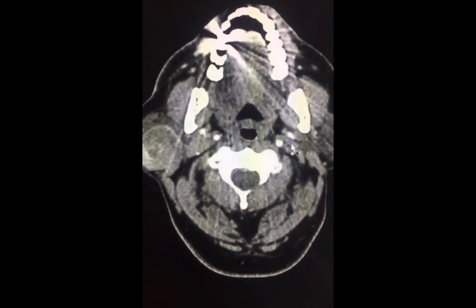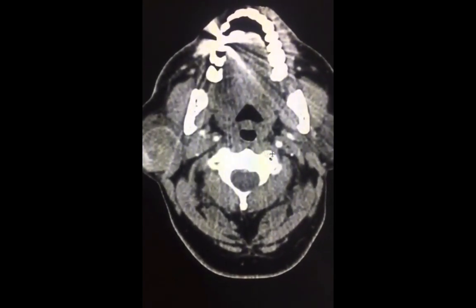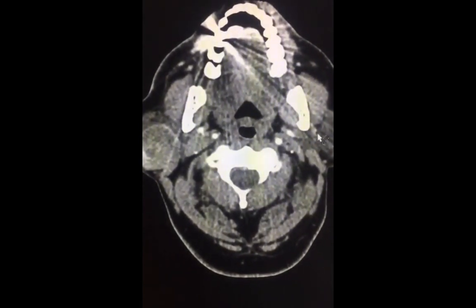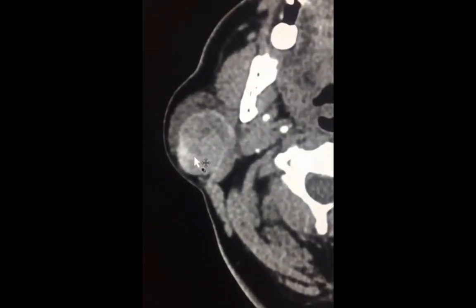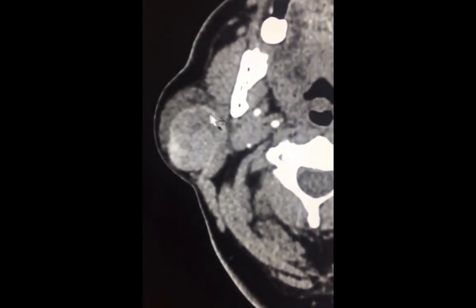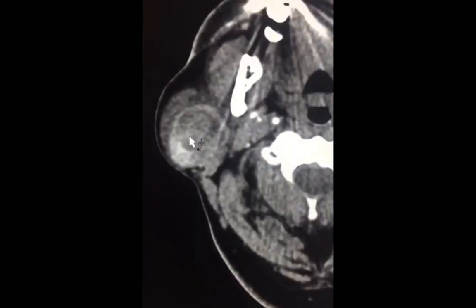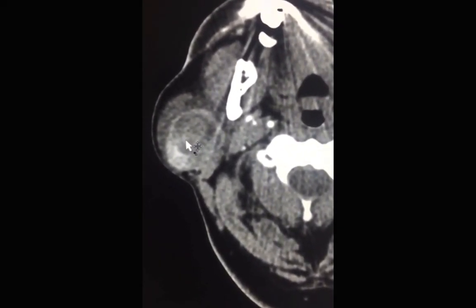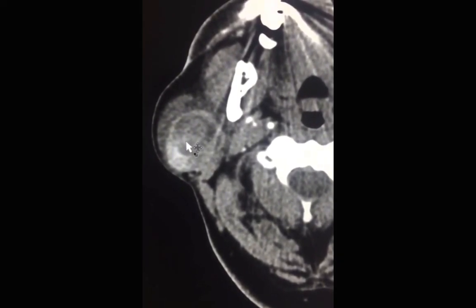Now, if you take into consideration the patient's age, he's a smoker, has a heterogeneous lesion on the right, it's multiple with another lesion on the left side. This would make a Warthin's tumor the most likely consideration, which was confirmed by tissue biopsy from this abnormality. Remember, the most common parotid gland tumor would be a pleomorphic adenoma, also known as BMT. The second would be a Warthin's tumor,